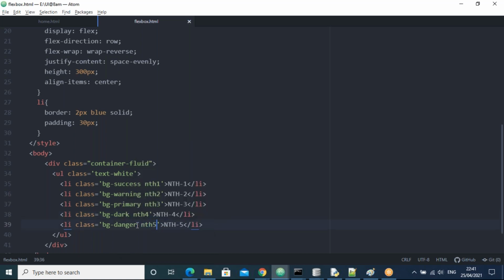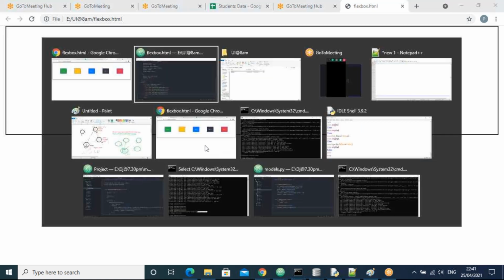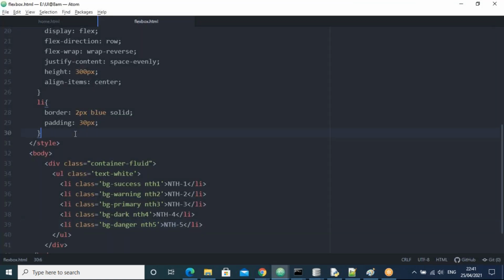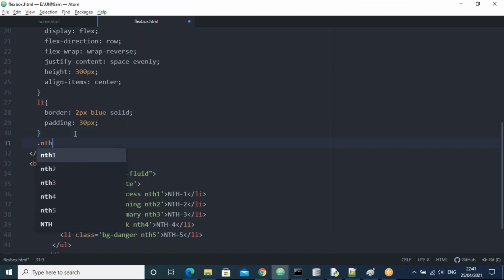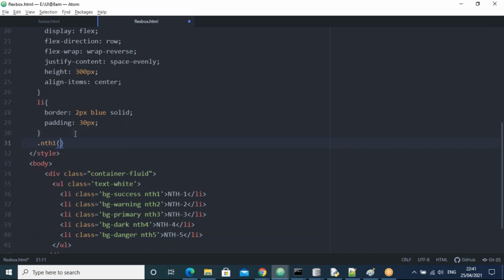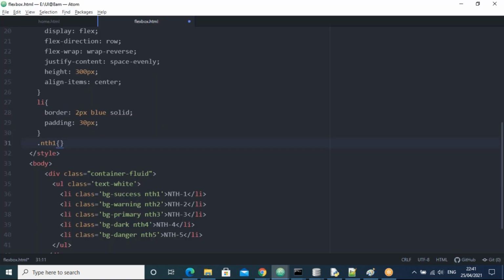I'm taking a unique class for every item, for every box. Now all of you observe. I'll take dot nth1. Here I don't want any extra styles because the background color is already there and the box is also there for every box.